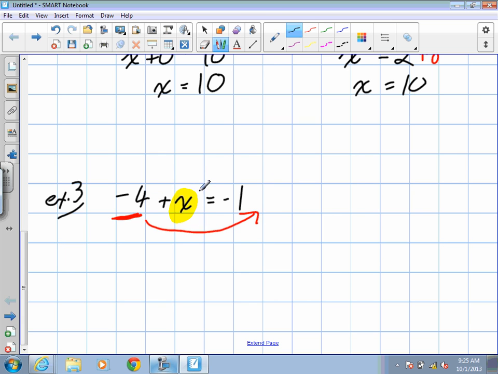So I rewrite what's here. I write my x again on the left side is equal to negative 1 plus 4. Great. X is then equal to, we simplify this, just 3. Okay? And that's it. So that's the first half of today's